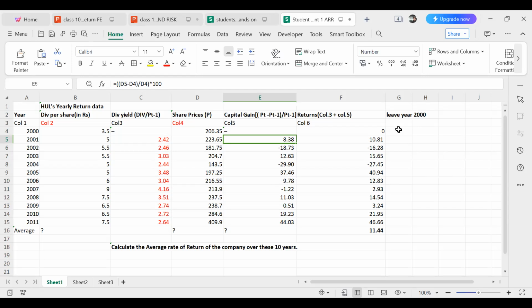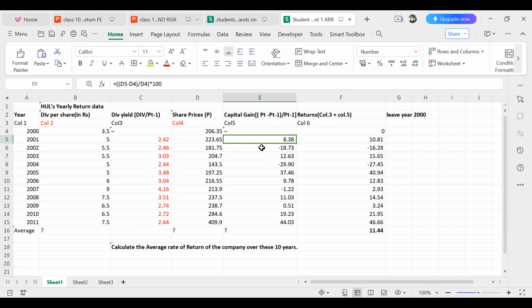I told you in the last class that the dividend part is very much secured. You can see the return from the dividend yield. You can understand from here: 2.42, 2.463, very little fluctuation in the dividend yield. But if you see the capital gain yield, there is a huge fluctuation. Whatever fluctuation you get in your return is because of this capital gain yield, because